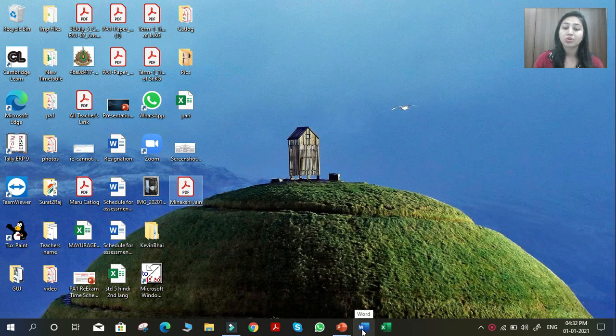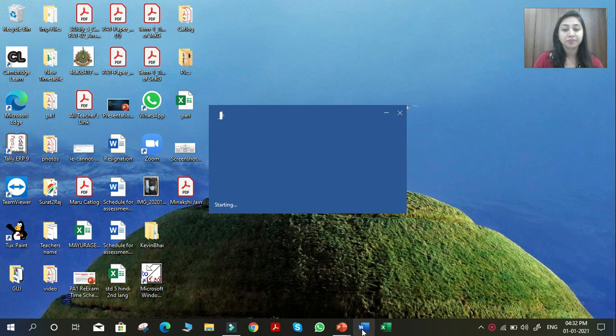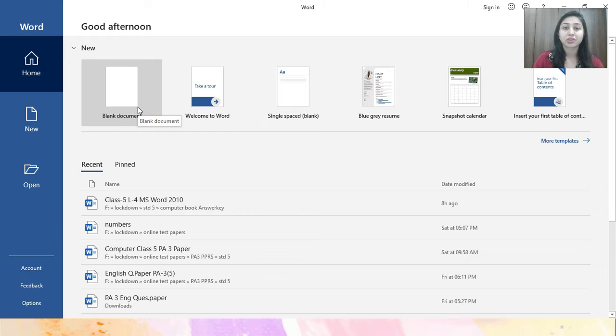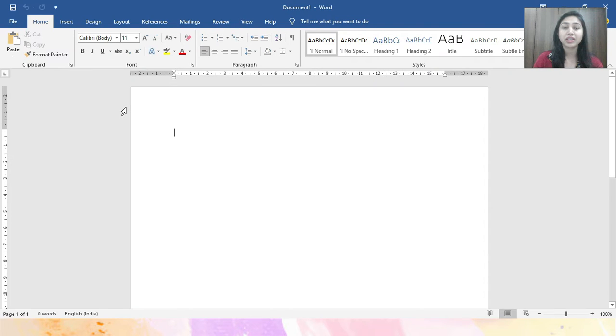Okay. So students, here you can see the Word application is available. When you click on it, it will open on your desktop. So students, if you are making a new document, you have to use a blank document. When you click on it, you will get a blank document on your screen with a default name, Document 1.